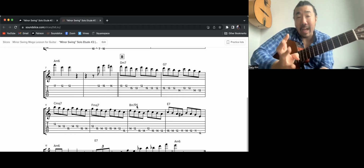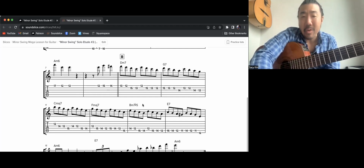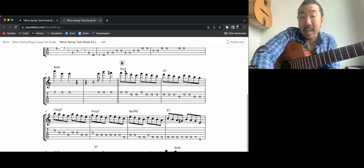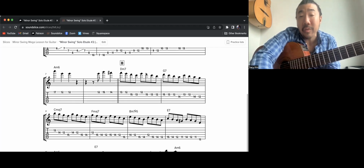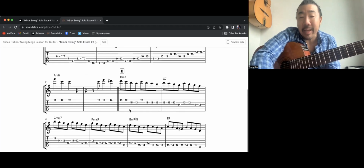So that's how the Autumn Leaves progression works in Minor Swing. Right when you start the B section on the D minor chord, you turn it into a 2-5-1 chord progression to the 4, and then a 2-5-1 to the relative minor. So what I'm doing here